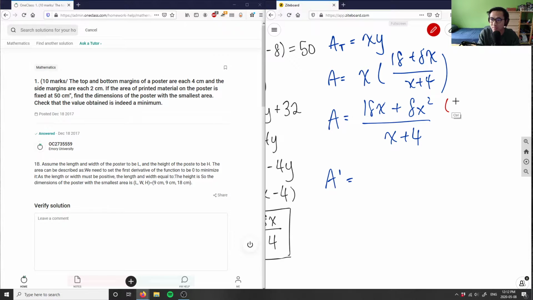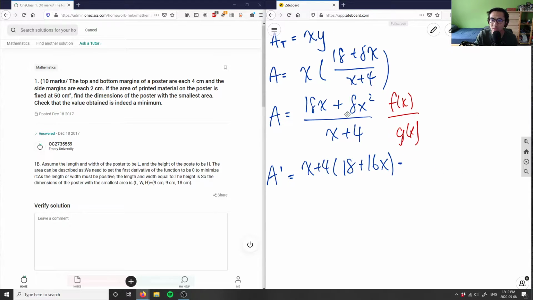So if we want to find the derivative of f of x divided by g of x, we take g of x, which is simply x plus 4, and multiply it by f prime of x. So we take the derivative of this top guy, which is 18 plus 2 times 8, which is 16x. And then we subtract f of x, which is 18x plus 8x squared,